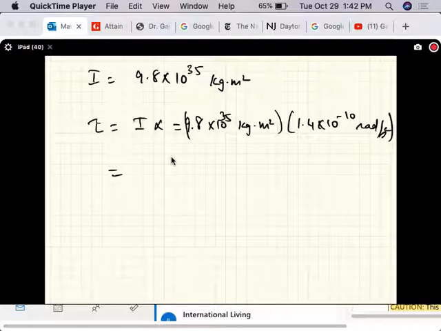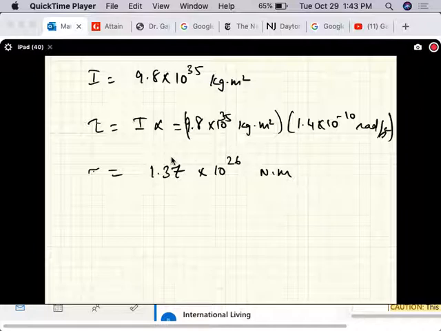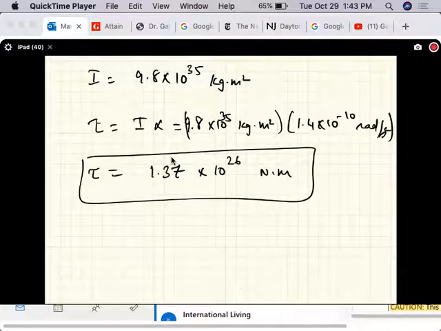Quite a bit. So this is the torque you need to apply to get the Earth spinning to 1 revolution per day starting